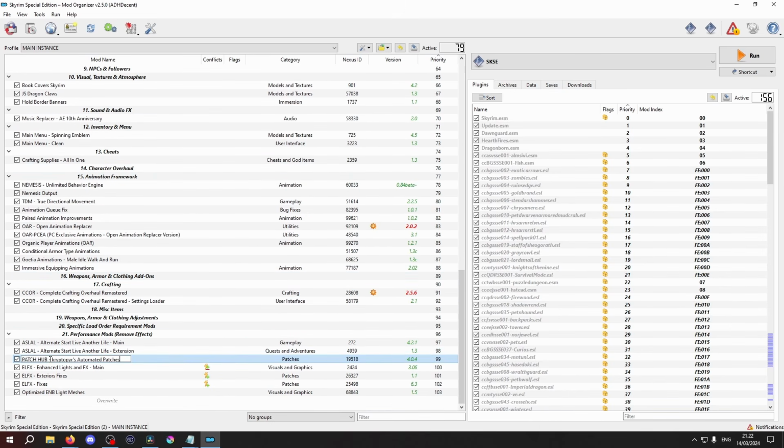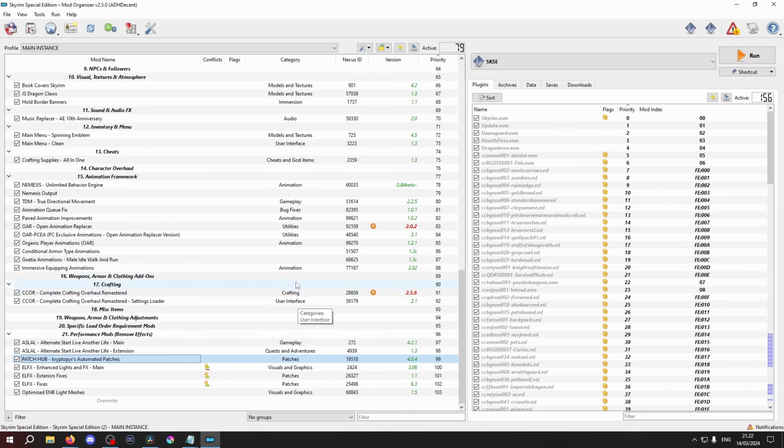The first is simply renaming the patch hub clearly. As you can see here, I have written patch hub at the beginning of the mod to clearly identify it. Then I can locate and update it if it needs to. The second option is to assign it the patches category, which leads us on to the next key point of